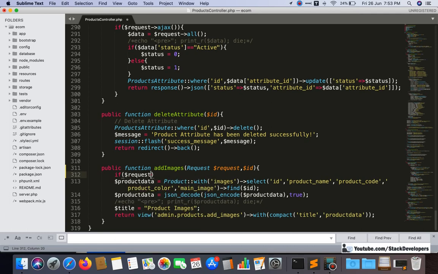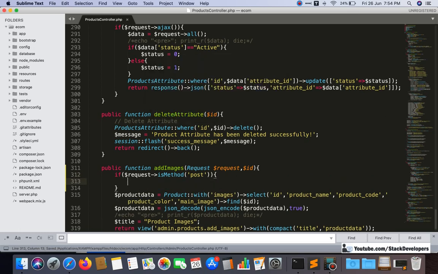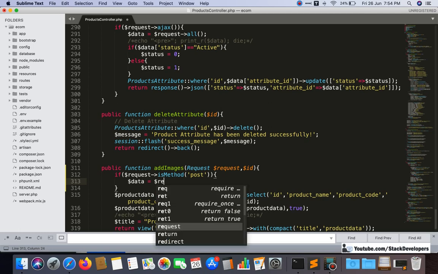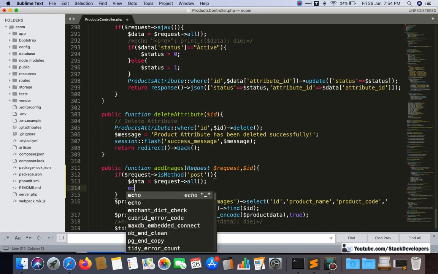Our request method is post. For posting the data, the posted data will come inside this if condition. First I'm going to fetch the details here, just to see whether all the data, meaning all the images, is coming up here or not.